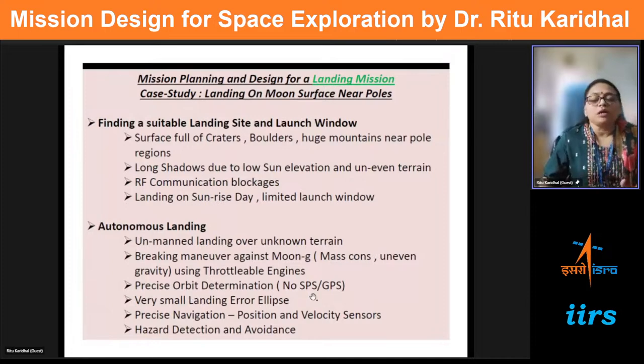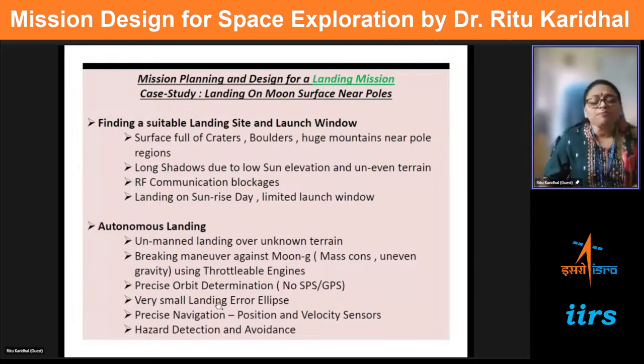And then we don't have any GPS, so we need to depend only upon the instruments, the sensors, and the ranging data, the Doppler data. Those are the orbit determination. At the time of landing, we cannot even do any determination from Earth. So the sensors on the lander, a velocity sensor and a position sensor, have to tell where you are and what the velocity is at the time of landing, and accordingly guide the probe to kill the velocity